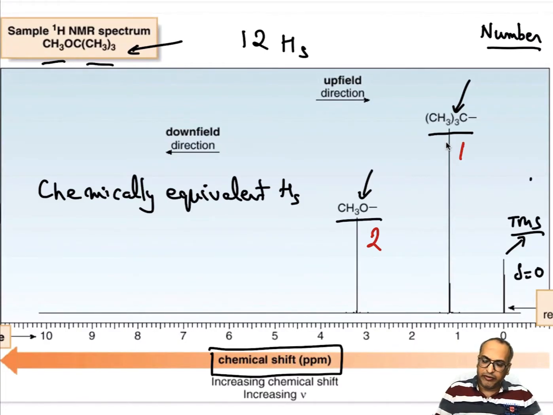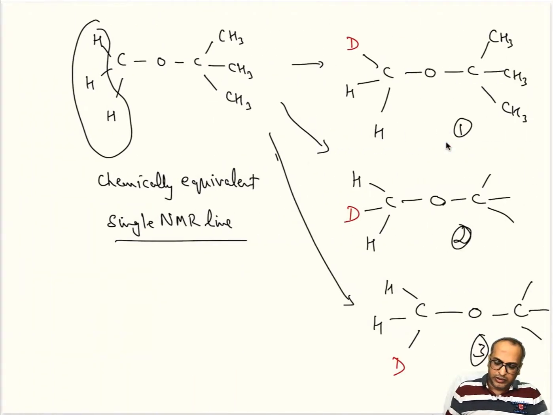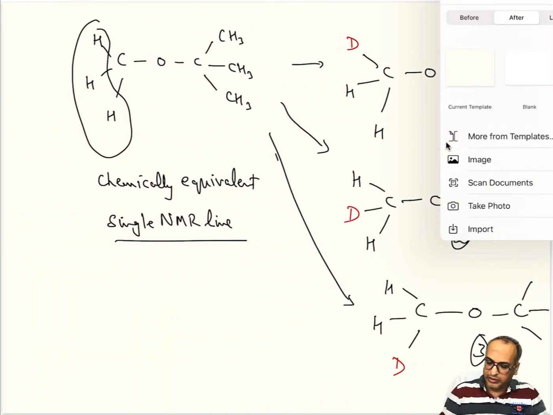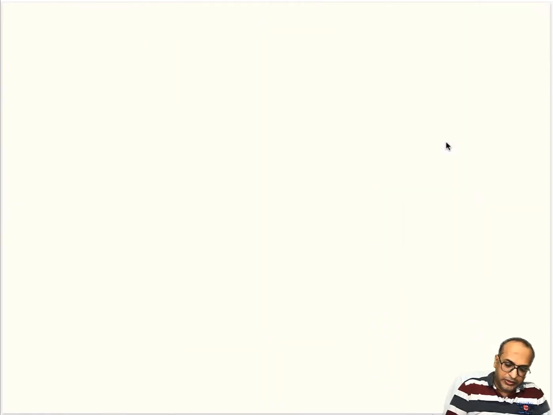So the third feature is the intensity, or in other words the integral of the two signals. You see that the methoxy protons have less intensity as compared to the tertiary butyl protons. So if this is the NMR line, then intensity is measured from here to here. But in most practical applications, when we actually blow up this NMR line,